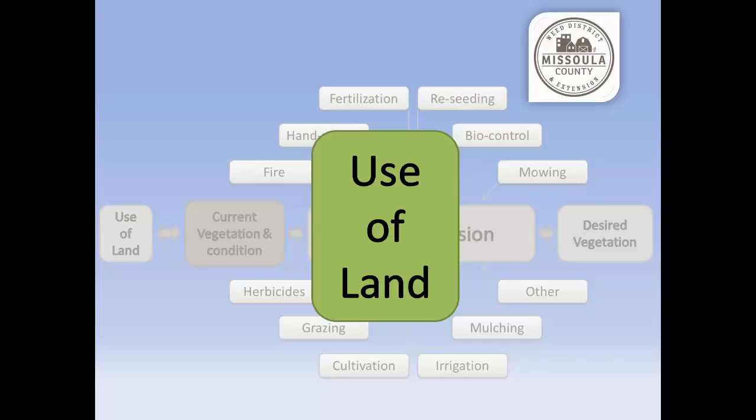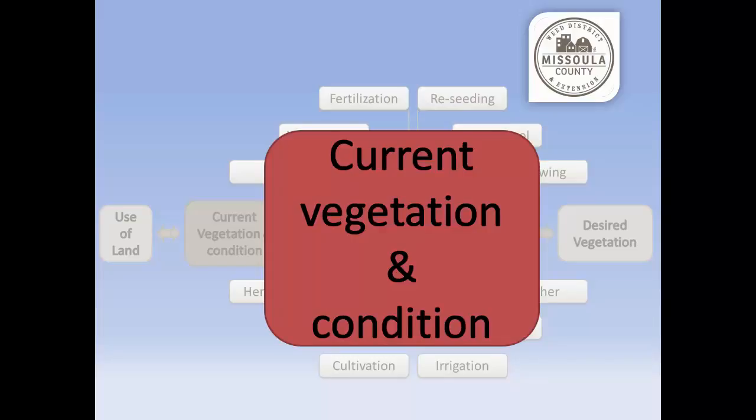Your use is what you want to use it for. No one can tell you to use it differently, but you need to establish what you're using your land for. And maybe this section is being used for something, and maybe this section is being used for something else. It's important to establish that. Does everyone have it correct on their green piece of paper that you're going to take out this spring when you were like, what was I supposed to do instead of just kill the weed? That's why I gave you your bright green card.